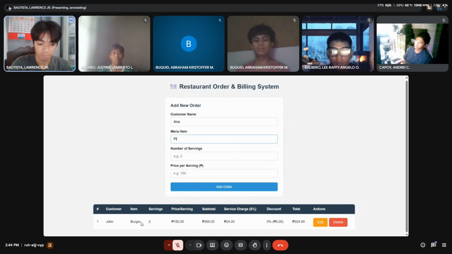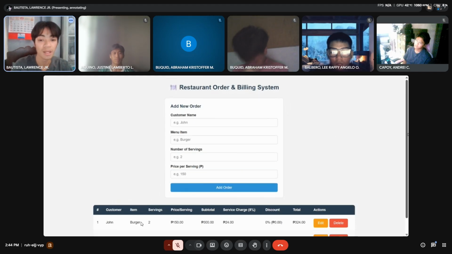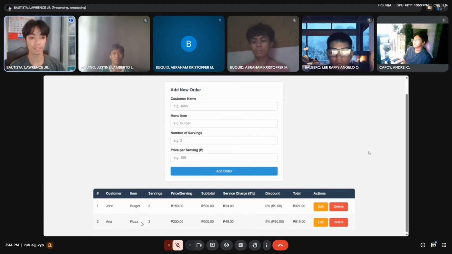So for our test case 2, Anna, pizza, and 3 servings, then price per serving is 200. So I will click the order. Again, after clicking add order, it will dynamically change the table below. So we have Anna now with menu item pizza and servings of 3. Then price per serving, which is 200.